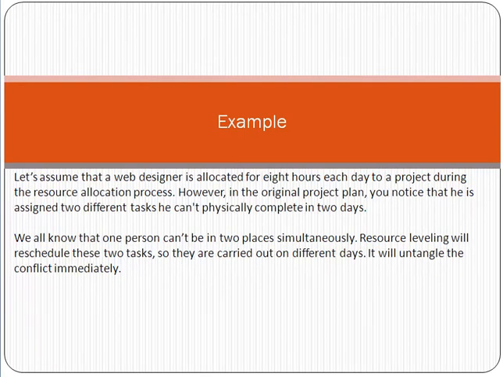Okay. Now, friend, just take an example. Say you are implementing a software project and you are using a web designer resource. We know that in a day we have 8 hours of work for a resource. Now a resource is over-allocated, and once you review the project plan, you notice that he is assigned two different tasks he can't physically complete in 2 days. One resource will work on only one task in a day. Obviously, he can be available for one task or for 8 hours, for example.